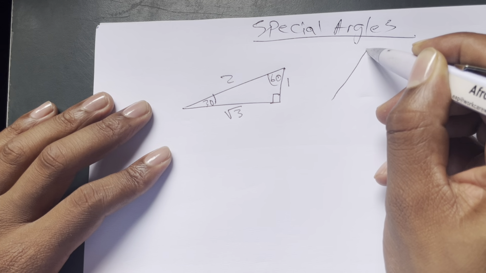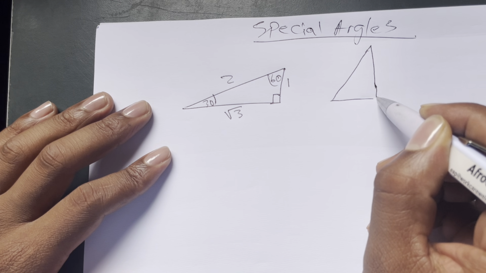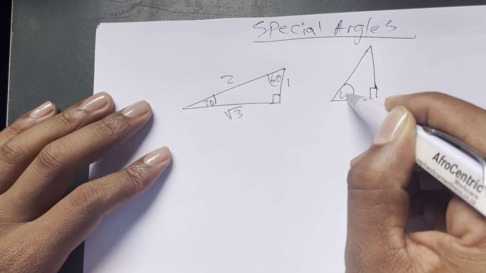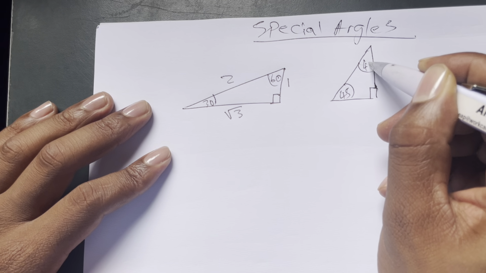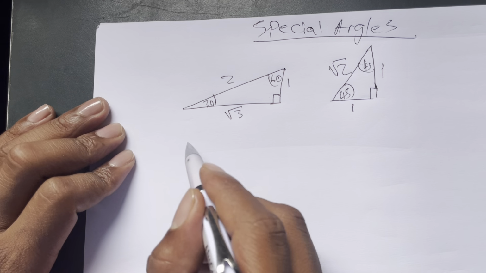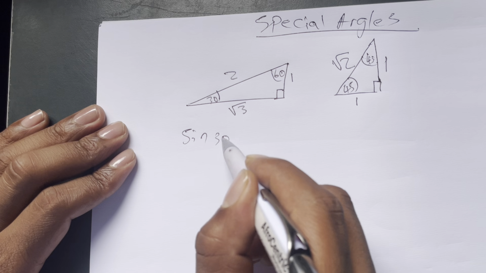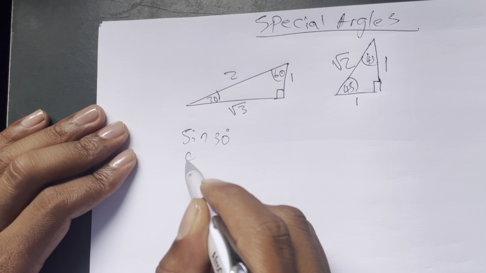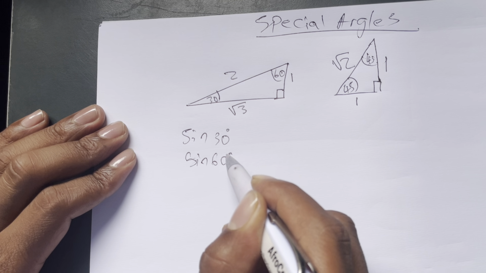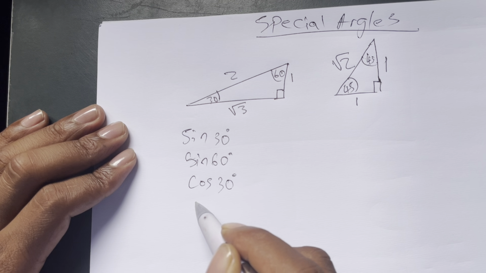Triangle 2, you have this one whereby you have 45, 45, 1, 1, root 2. Okay, so you are going to look at sine 30 degrees, sine 60 degrees, cos 30 degrees,